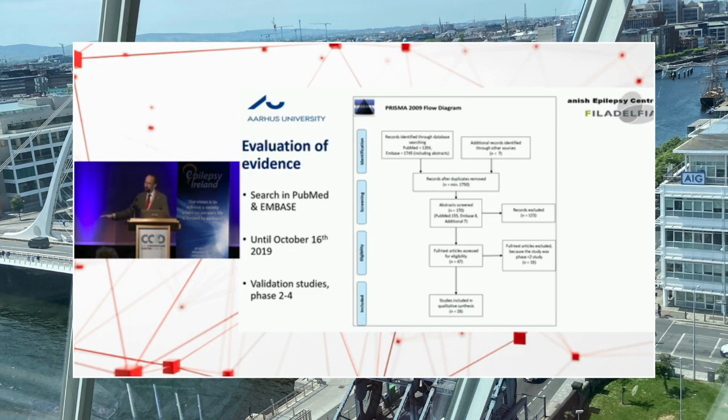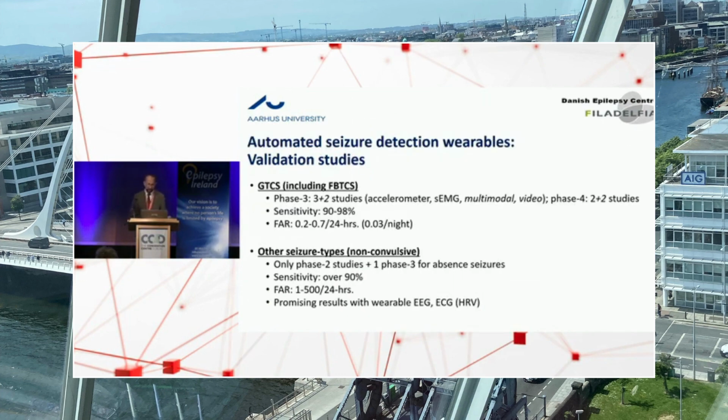And this boils it down to only 28 studies. So out of the 1,200, only 28 complied with these more rigorous criteria. And this is the conclusion. So when it comes to seizure detection, we only have compelling evidence for the big convulsive seizures, for the generalized